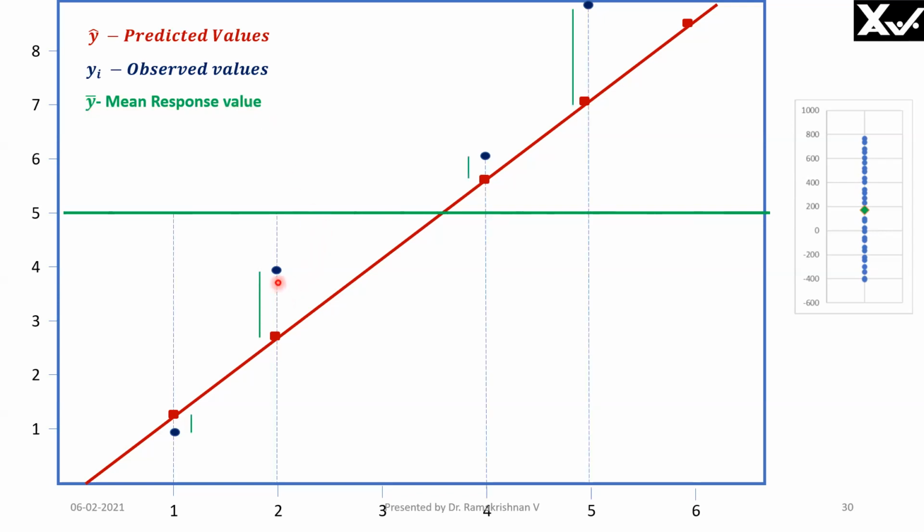Then we found the difference between the observed value and the predicted value. This is called unexplained deviation, because the predicted points on the prediction line give the explained deviation. In fact, if I square it, it is called variation. Now, this observed value is different from the predicted point. Therefore, this deviation is unexplained. So, we will find it for all the observed values, but we don't add it just like that because positive and negative values will compensate and give you a wrong answer. So, just like in the case of total variability, here also we will square it and add it up. This is called RSS, residual sum of the squares.